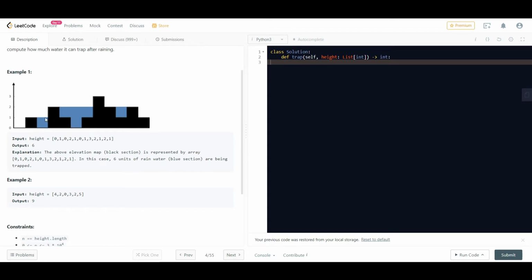Okay, so we have to calculate these blue parts, I guess, and these black ones are the walls. Upon going through the examples, we see that it's pretty easy to visualize what they actually want from us. It is just the volume of the water in these pits between the towers, and to achieve that, we can iteratively go to each element and find the amount of water